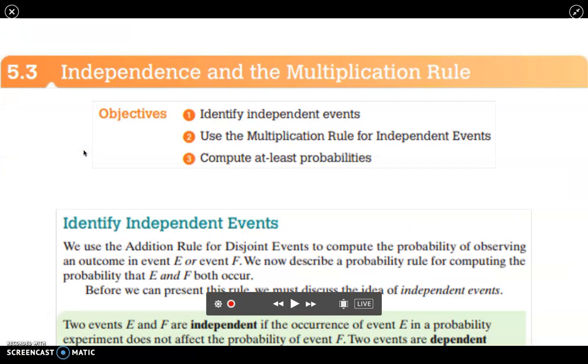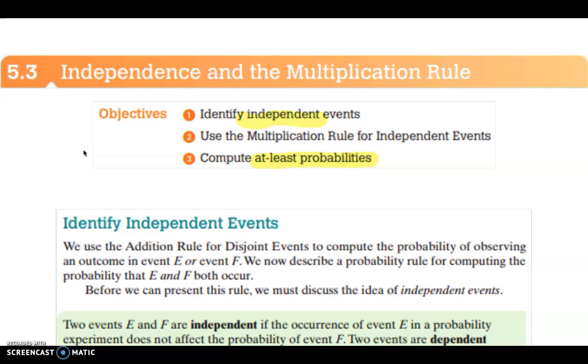All right, this is section 5.3. We're looking at independence and the multiplication rule, and we're dealing with probabilities. Usually in probability, when you see the word "and," that's going to be attached to the multiplication rule. And we're going to be looking at, again here, independent events. So we're going to identify independent events, use the multiplication rule for the independent events, and then compute what we